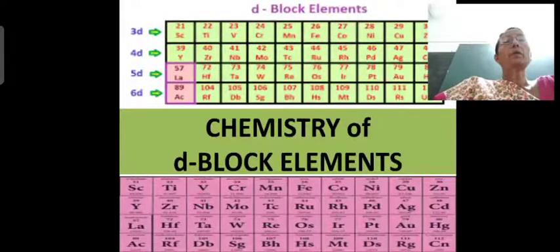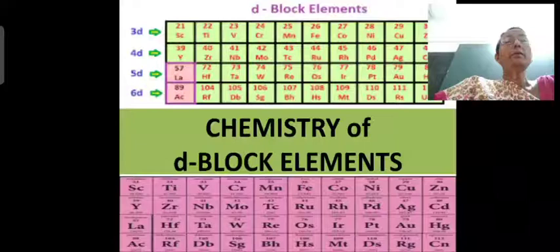So what are D block elements? D block elements are the elements in which the valence electrons are present in d orbitals. Now where are these present in the periodic table? In between S and P block you have the D block elements. Alright. Now below D block you have F block elements. You can see the periodic table of D block elements in the first slide,